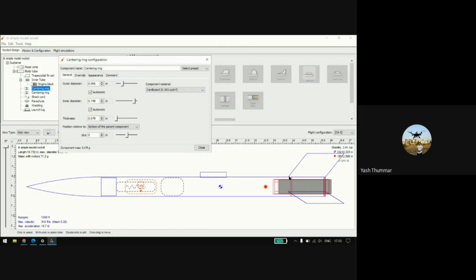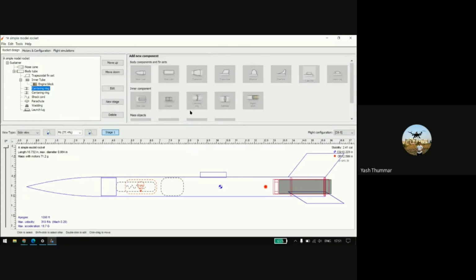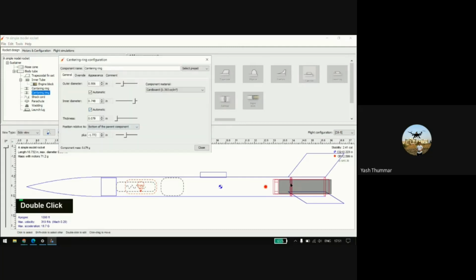Okay, and if the root chord is long, and maybe the motor length is more than some distance, they will also use a third centering ring to stick this inner tube to the body tube steadily. Okay, we can also go up and down relevant to this bottom skin. This is another center ring you will find here. So they put another center ring here for the same purpose.